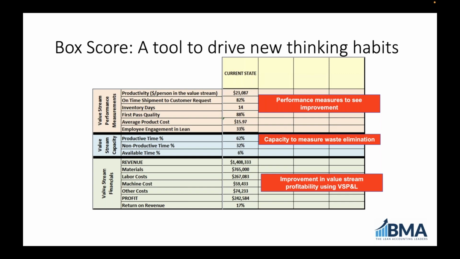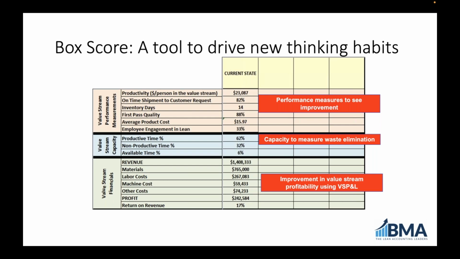And the third piece is capacity. Productive time. How much time are we spending serving our customers and delivering value? How much time are we spending on all of the non-productive activities? How much time is being created due to continuous improvement? So with the box score, you can now visually see how these relationships work between improving operating performance, improving capacity usage, and as a result,